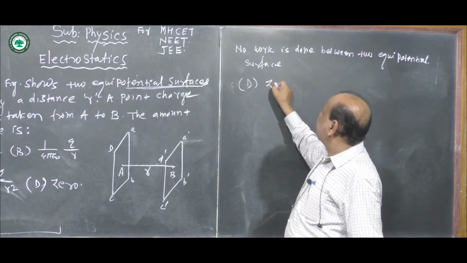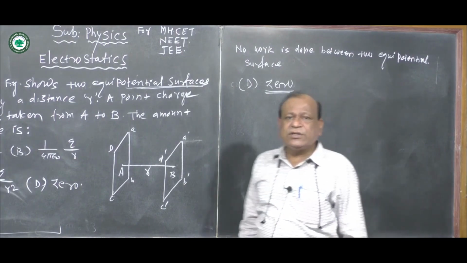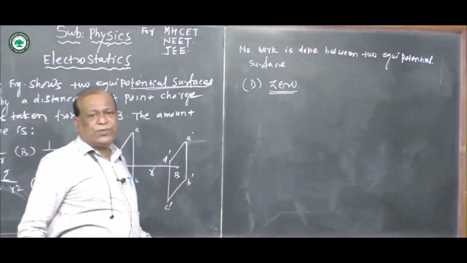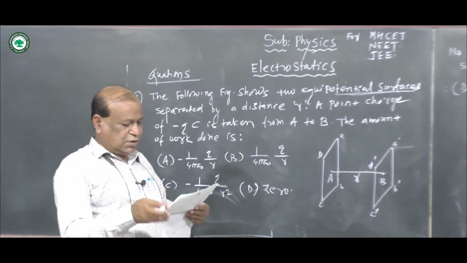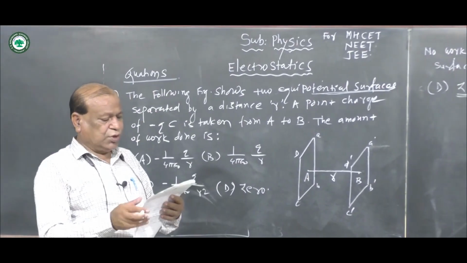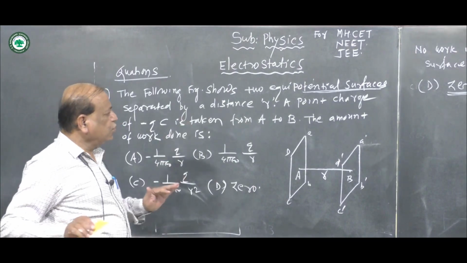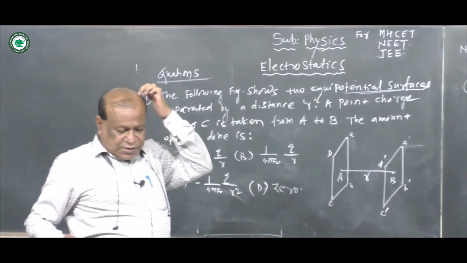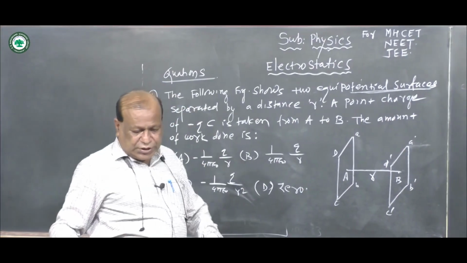Option D is correct, the value of work done is 0. In this way we easily solve this first question related to the topic electrostatics. Now here we take the